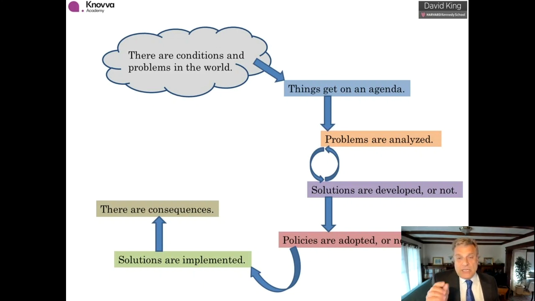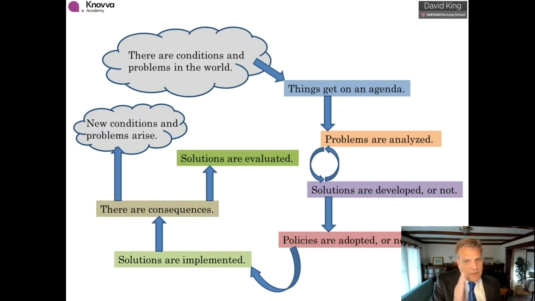And one of the great tragedies of policymaking all across the world is that we don't look very far into the future. If you're designing a program, we don't necessarily think hard about who's going to be implementing it, how it's going to be paid for. Unintended consequences happen, but what I want you to do is focus on decreasing the amount of unanticipated consequences. So a program has been adopted, it's been implemented, there are consequences, and the next step is very important. You absolutely have to evaluate whether the solutions worked or they didn't work.